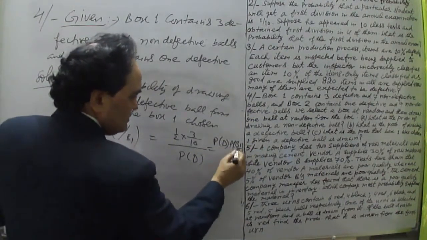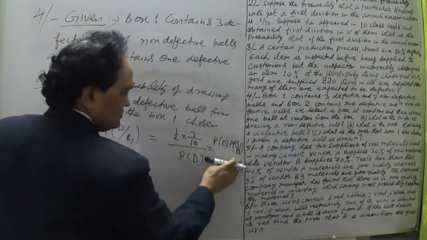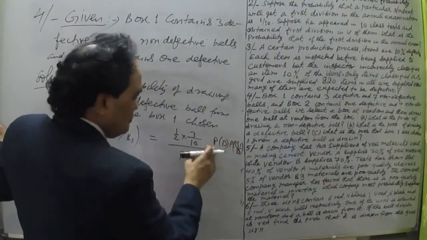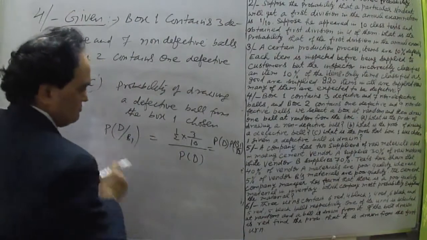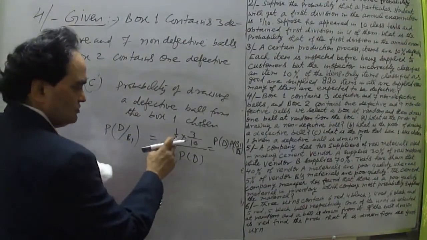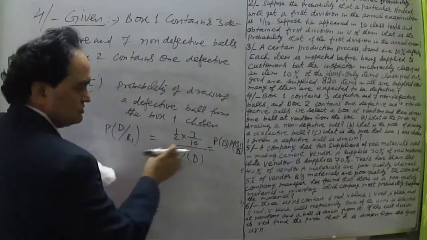Defective is the main event. Okay, so box 1 is selected, or we could say B1 upon D. So here box B1 is selected, and then we are doing this question. So this 1 upon 2 into this value is